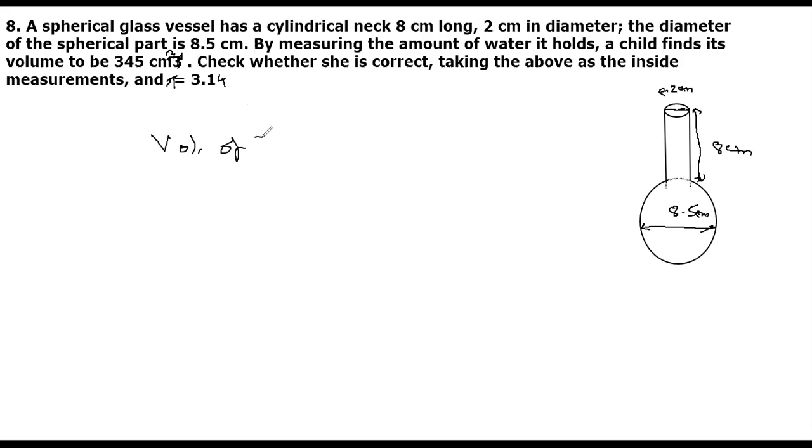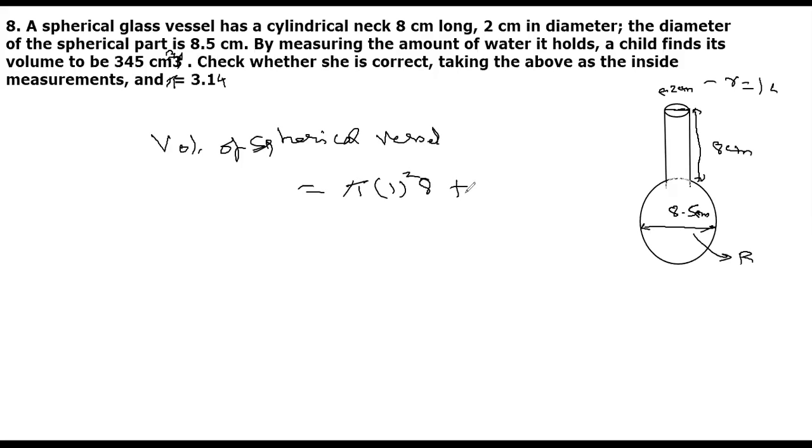The volume of the spherical vessel will be equal to the volume of the cylinder, with radius 1 centimeter, and the sphere's radius is half of the diameter, which we are taking as capital R. So the volume of this vessel is pi r square h, that is pi r square into 8, plus